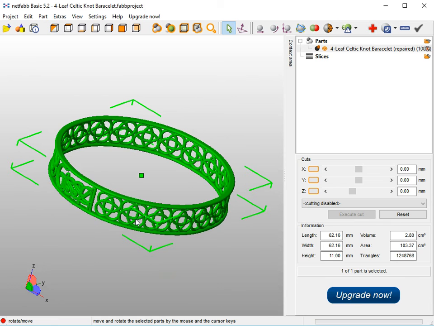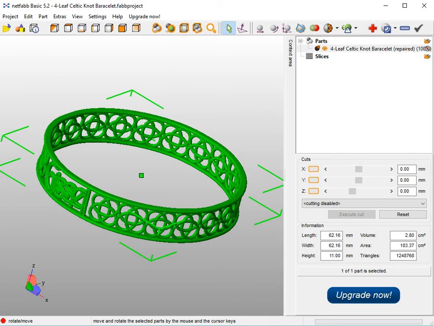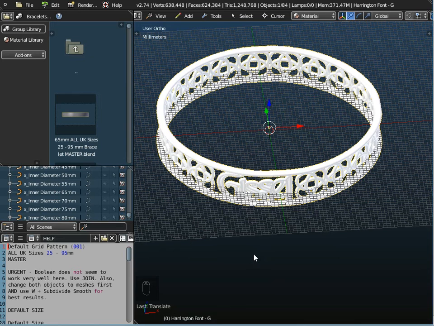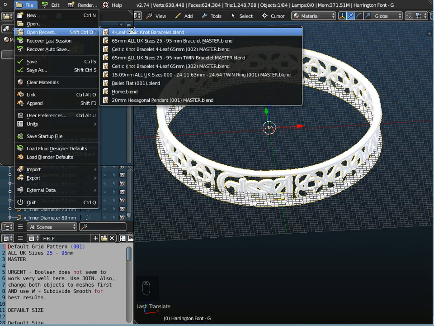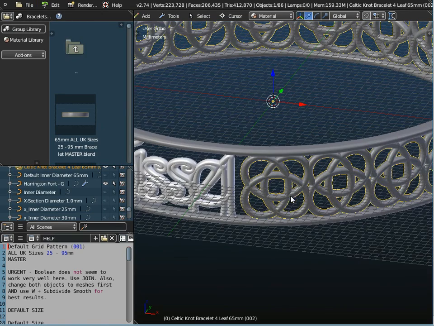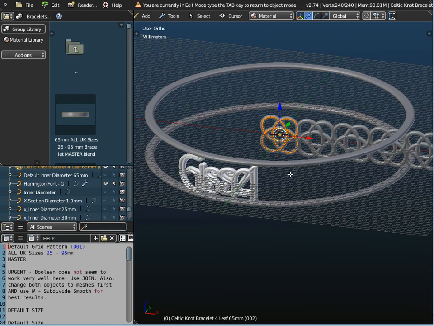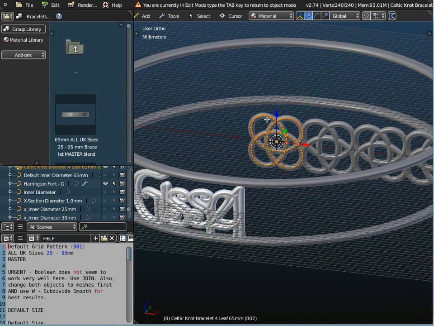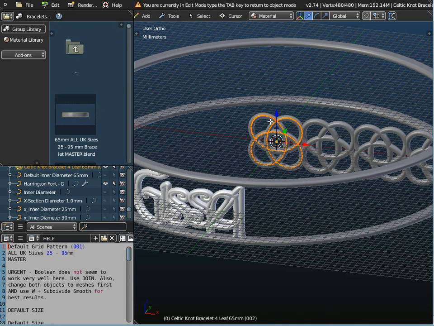The other thing to mention is that if you wanted to improve the quality of the Celtic knot, you could do so in Fluid Designer. A couple of ways. Let me just go back to Fluid Design. A couple of ways of doing that. If I just go to File, Open Recent, so that I go back to my curve object, one of the things that we could have done with the Celtic knot is if you press the tab key and go into edit mode, and with the Celtic knot highlighted, if you click the right mouse button and subdivide it, you'll create